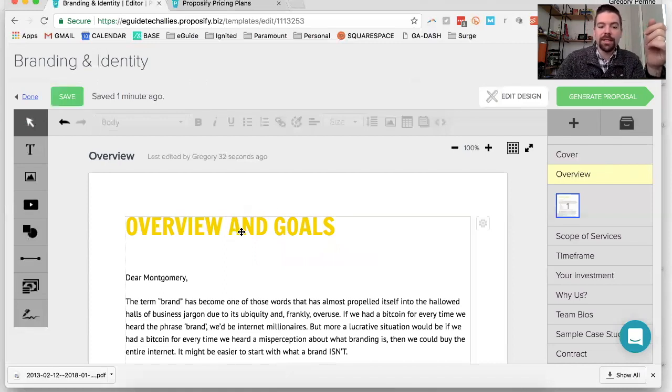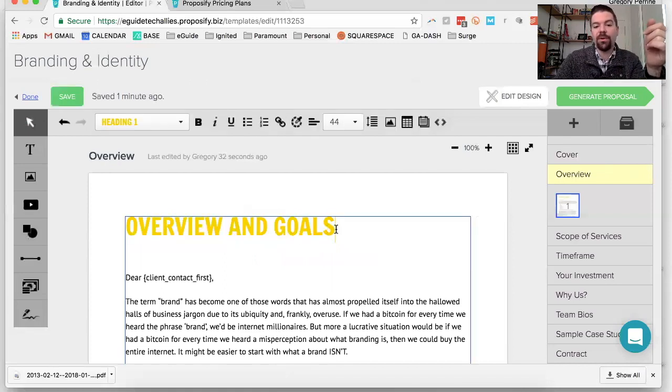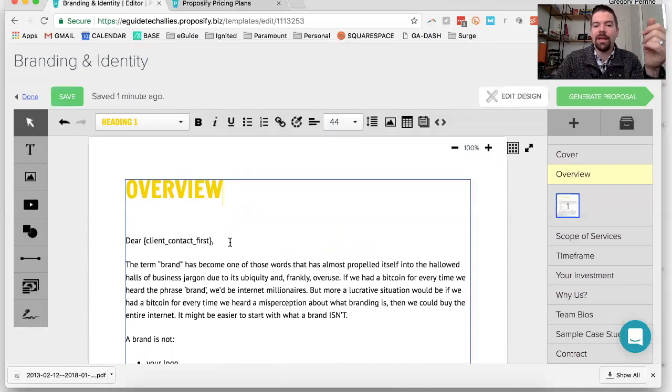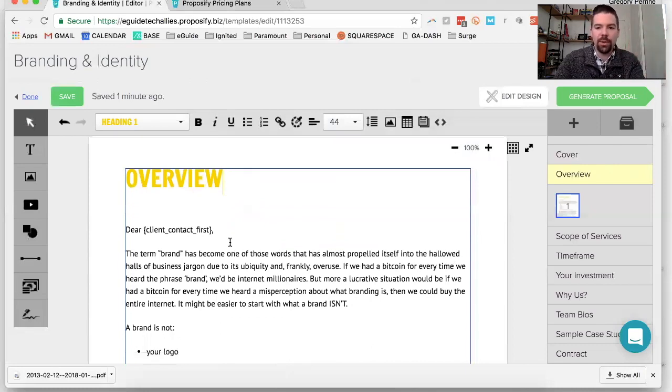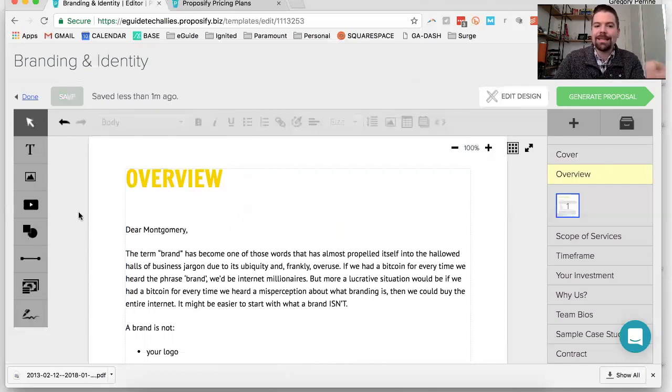Just as you're seeing here, we have overview and goals. Maybe we just want this to say overview. It's as simple as double clicking to get the edit field and then editing it just like you would a Word document. One thing I will say is that the way this program is designed is for you